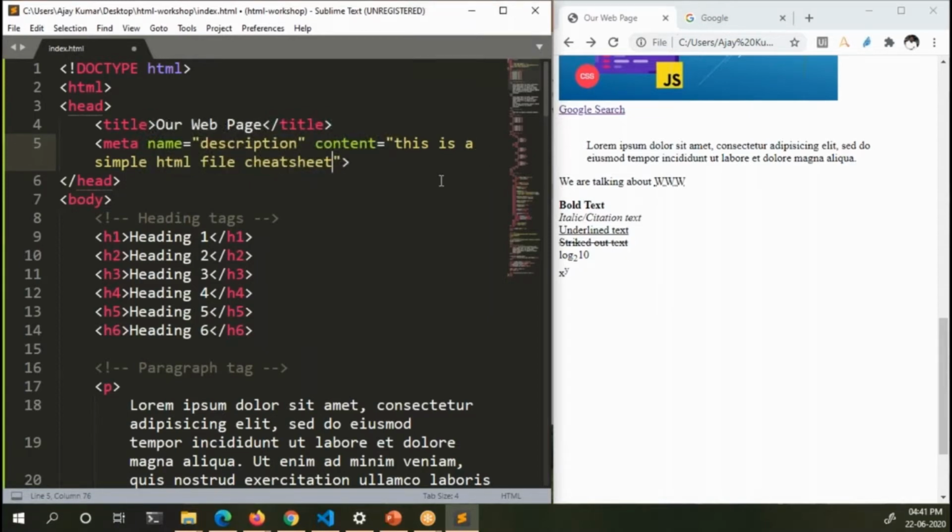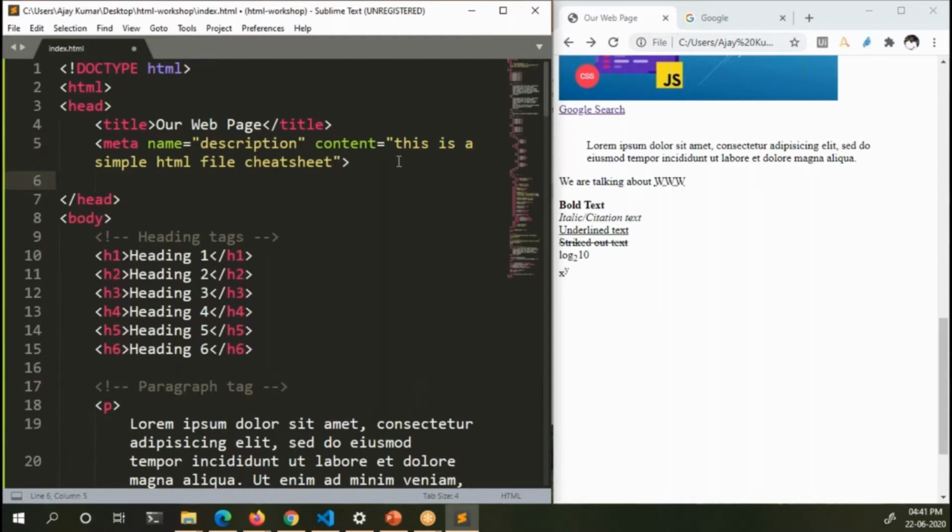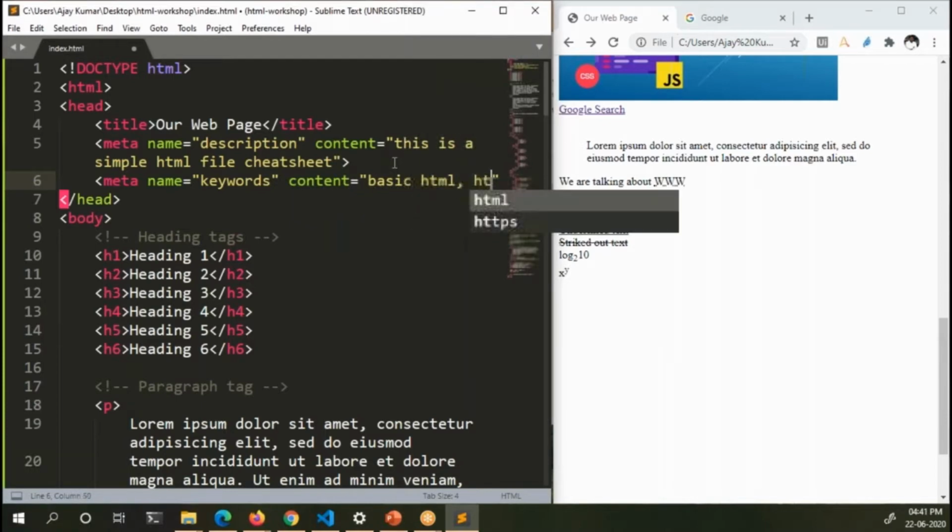In a similar way, you can also add some keywords also. Keywords, content equal to, and now you can separate each keyword by comma.